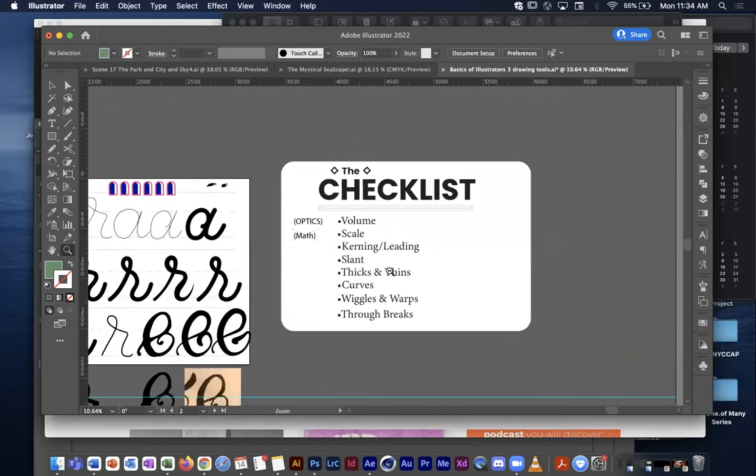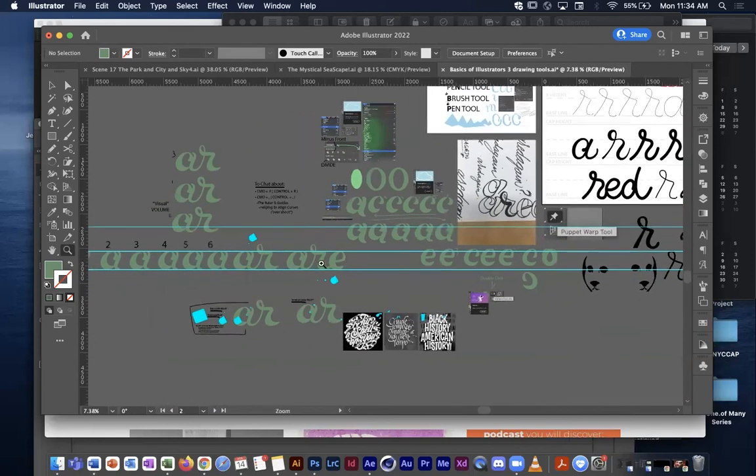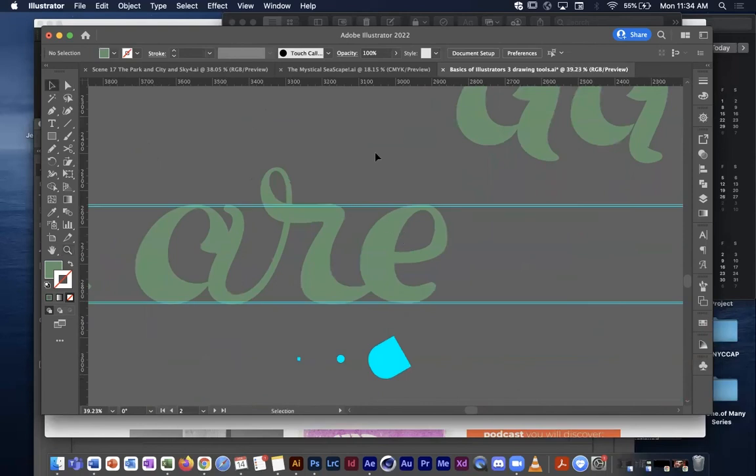Wiggles and warps, of course, is what we were just talking about, those little bumps in areas where things are not working out. And then breakthroughs is something you want to check as well. If you need help at any point when you're finished with the majority of your letters and you want some feedback, highly recommend sending them to me so I can help you formalize your forms. And of course, if everything looks good, I'll definitely let you know